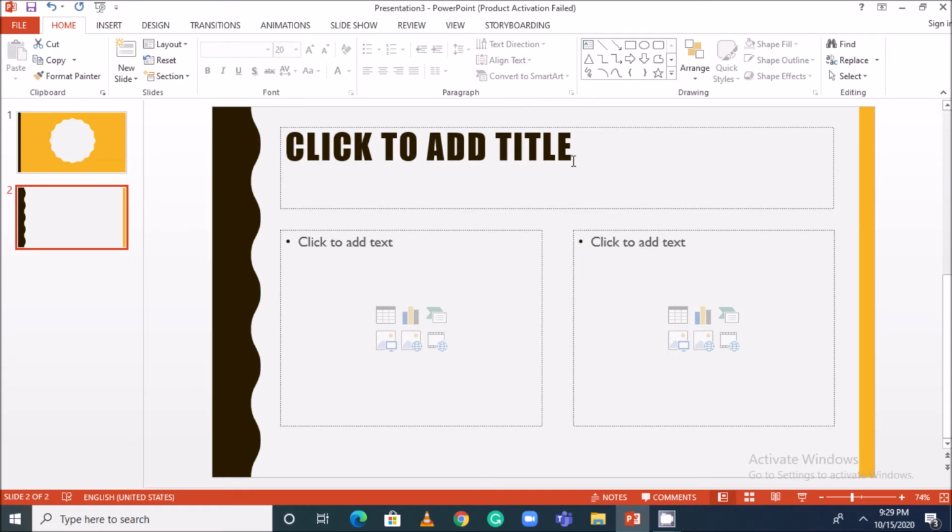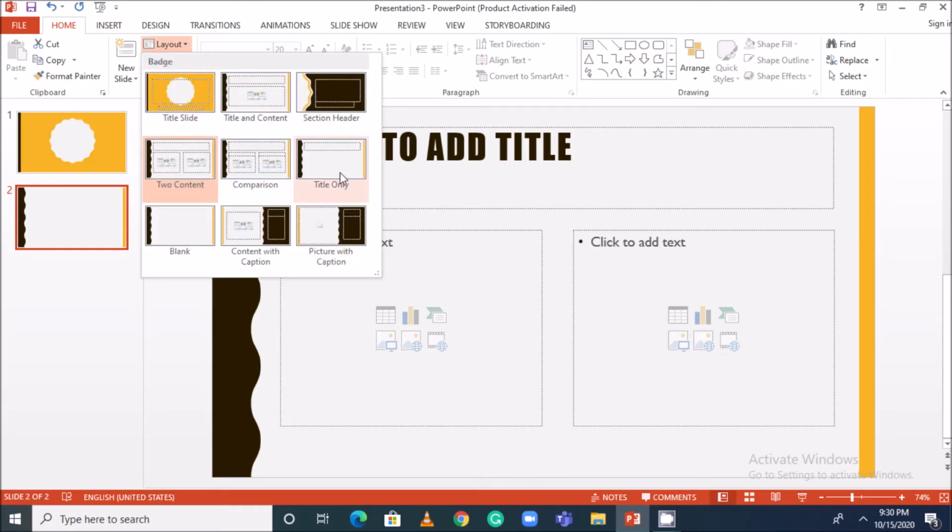Here you can click and type the title, and here if you want you can type text, or here if you want you can type text or pictures. Anything you can take. Now here they have given without clicking any options in the ribbon, you can click on table, charts, smart art, pictures and like that. Any other thing you can insert from using these icons, right? So how you can change the layout? You have to go to the layout and select the correct layout. Now there are different types of layout available.